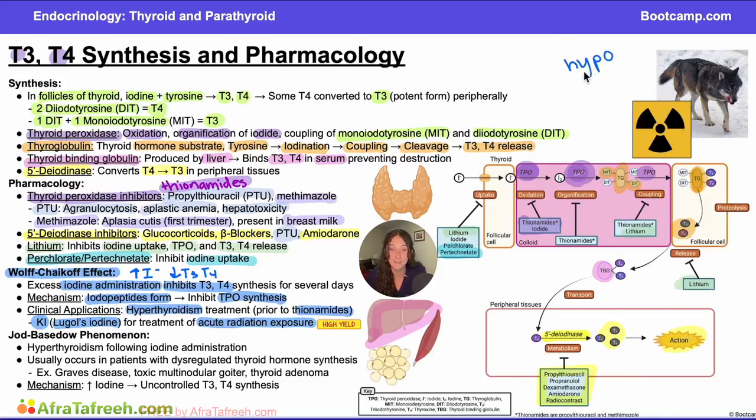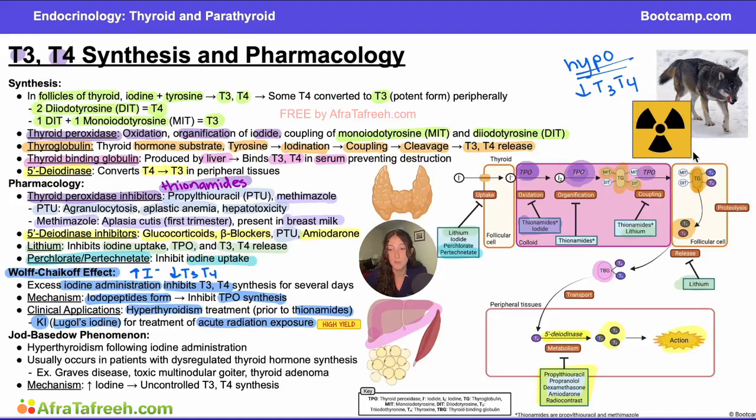And the first thing that I want you to remember about this wolf is that the wolf is in hypothermic conditions. It's really cold out here, and the wolf loves to be in the cold. And that should help you remember that the Wolff-Chaikoff effect is going to lead to decreased production of T3, T4. And you can see that the wolf is right by this symbol of radioactivity, so I want you to also